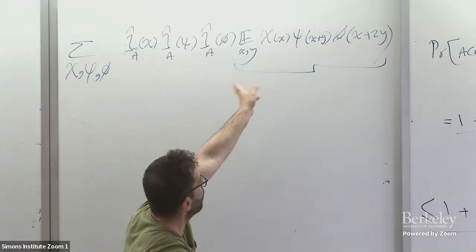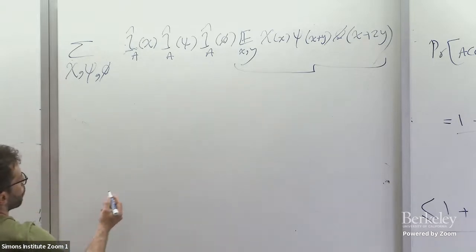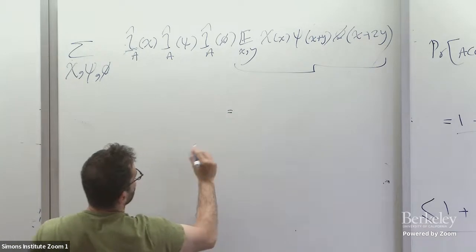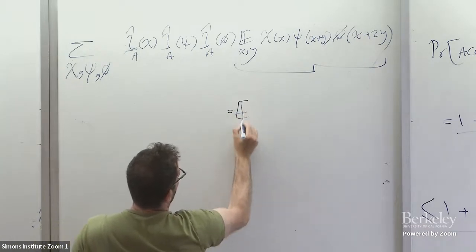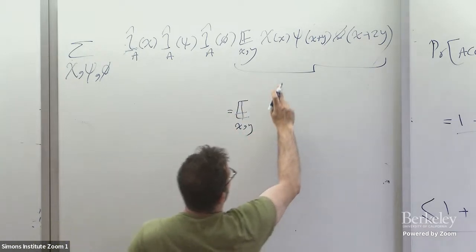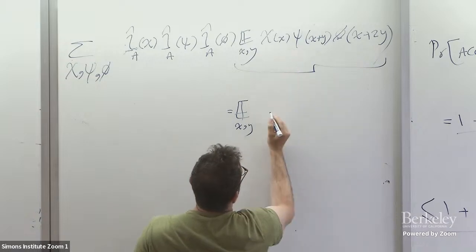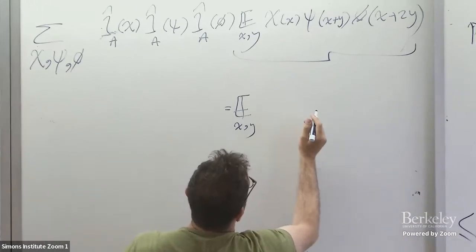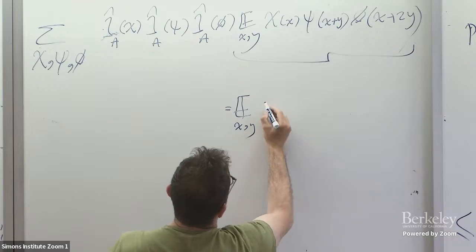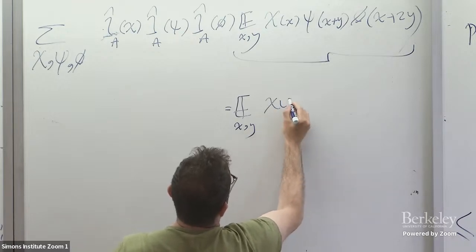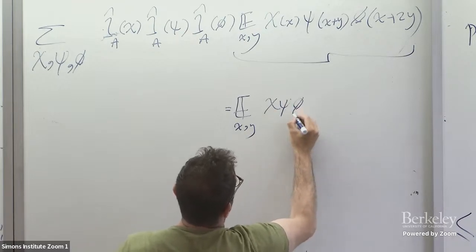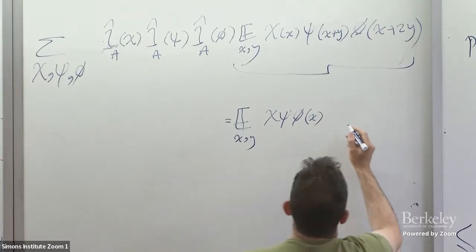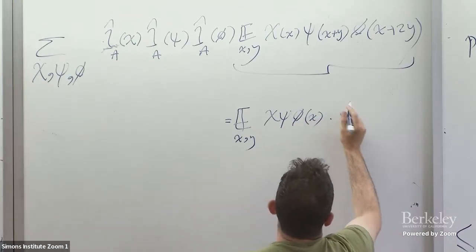I can again use the fact that these are characters and regroup them. So this part equals the expected value over x and y of chi, psi, phi, all of them at point x, and then times